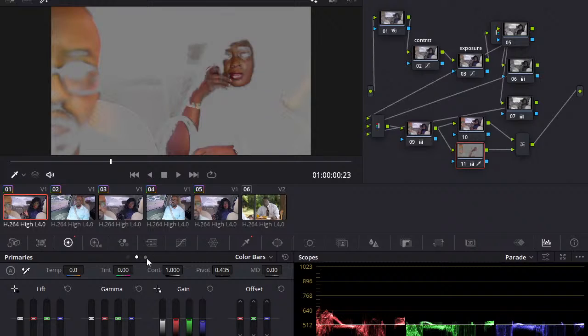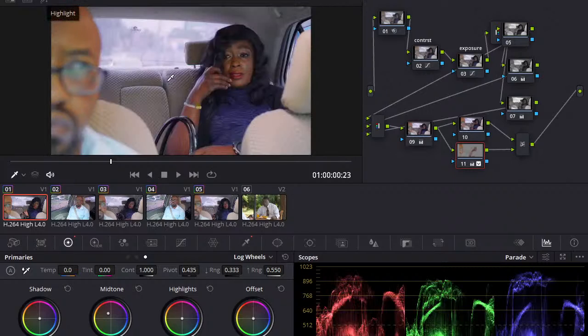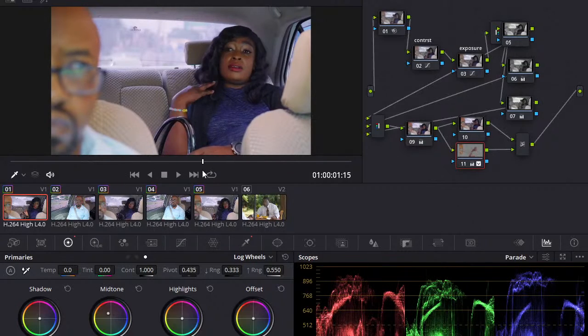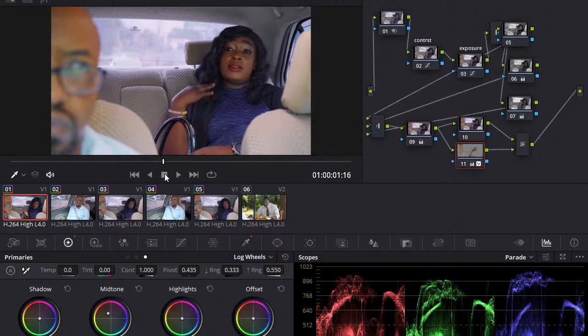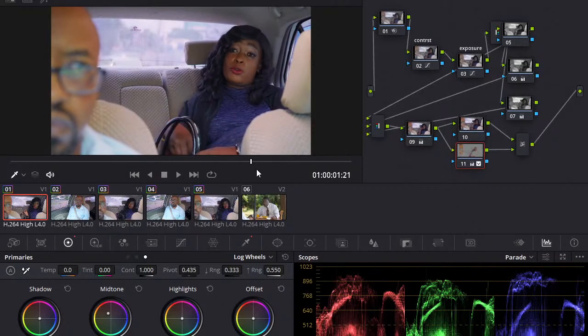And now the next thing that I will do is I'll just crank up some orange in the midtones, and I'll take a look and see. And I can see now, you see she was very dark, right? But now just from isolating her skin, she's more visible in the shot, so that you can concentrate, just bringing some life back into her skin.